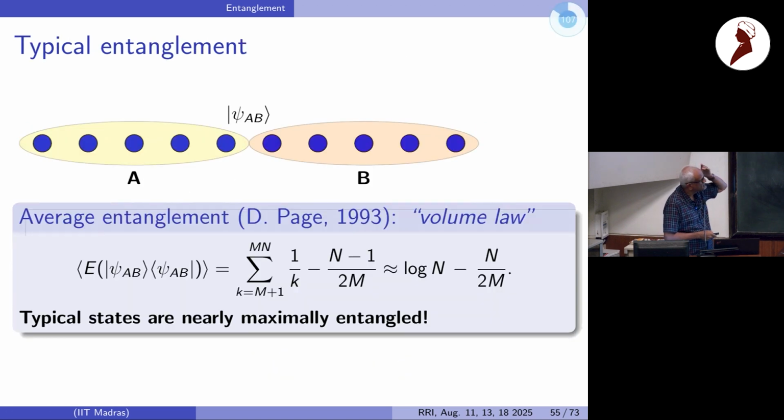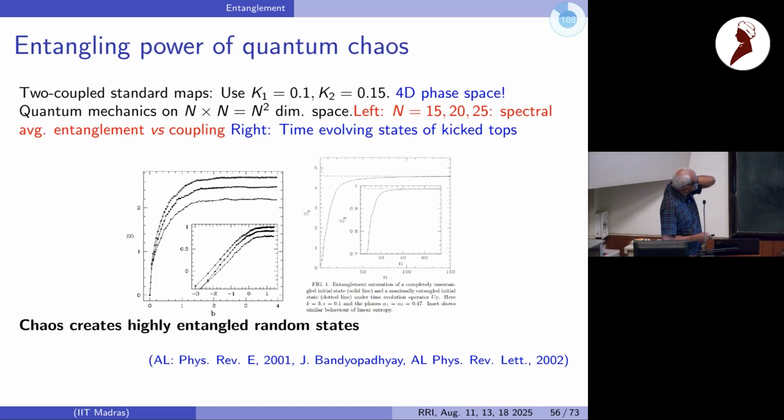It's different, so it is still true that it is log n minus something, which is harder to find. This exact formula is harder to find. But all of these statements are true. Typical states are nearly maximally entangled, all of that. But it is less entangled than, again, a time reversal breaking system. Okay, so here I'm showing you some results of ours from long ago, as you can see.